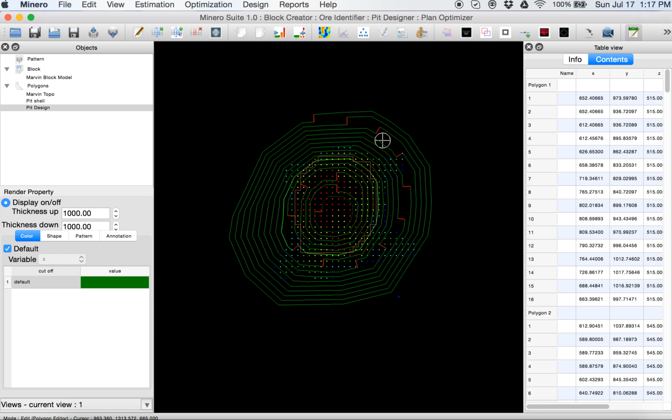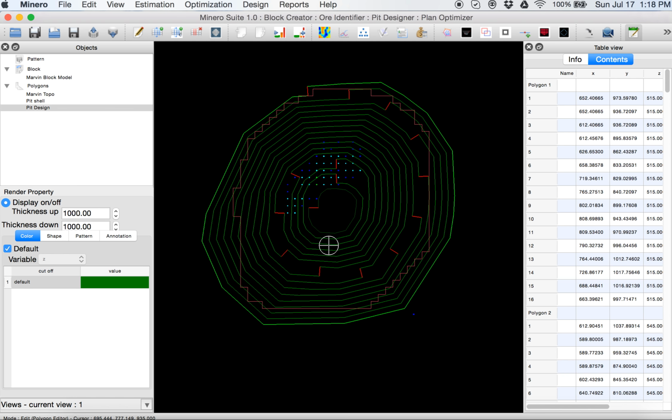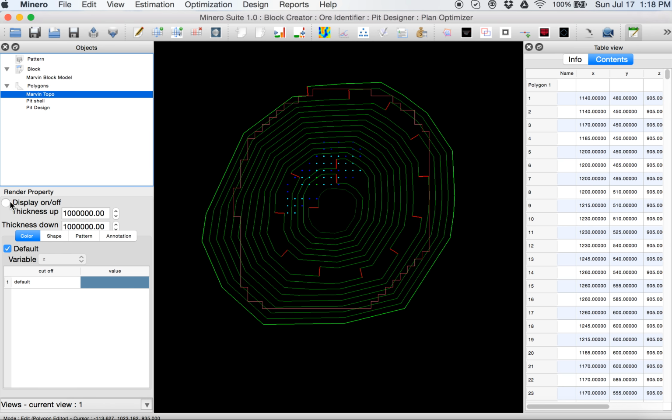Okay, so the beauty of this tool also is that the current bench you will always visualize. So it's highlighted all the time. So we got to the topo. Now we're going to turn on the topo.